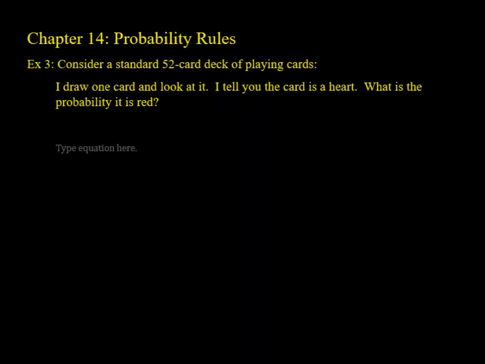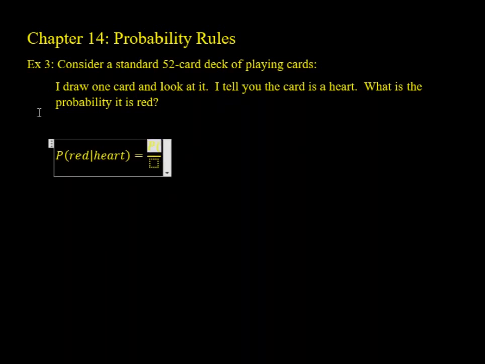Okay, now I draw one card and look at it. I tell you the card is a heart. What is the probability it is red? Again, this is conditional probability. So we have the probability of red given a heart,